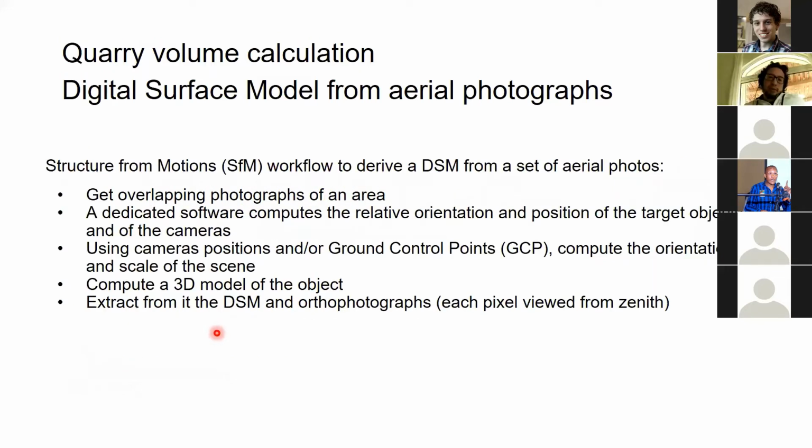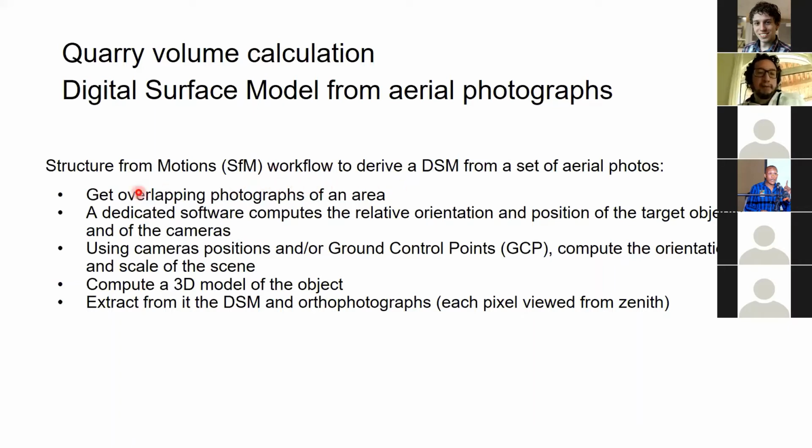So how does Jérémy get volumes out of all this aerial data here? What he wants to estimate is a digital surface model, basically a topography map. So the workflow is the following. For each epoch, for each date, he gets as many overlapping photographs in the area as he can. There's a quality control also with this. They need to have a certain amount of overlap.